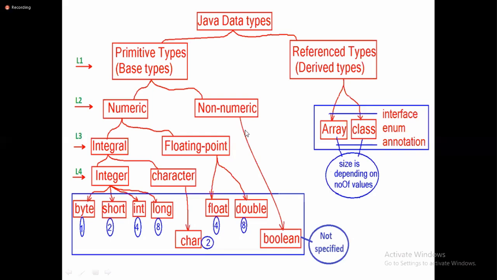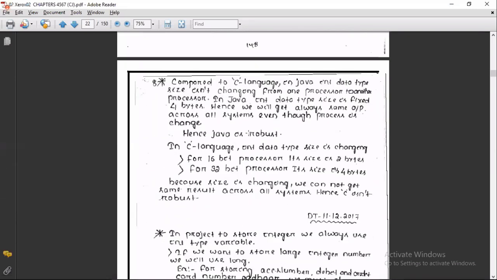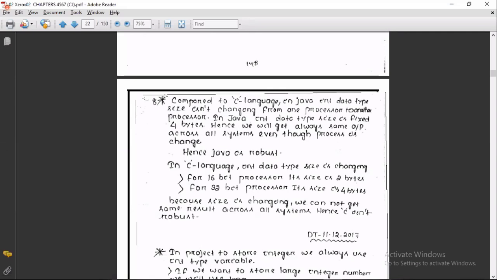In C language, the integer data type size changes from one processor to another. Compared to C, in Java the int size does not change. Hence in Java, the int size is fixed at 4 bytes, so we always get the same output across all computers even if the processor changes. Hence Java is portable and robust, generating the same value across all operating systems and processors.